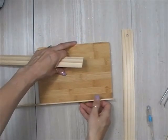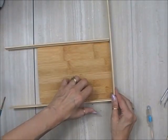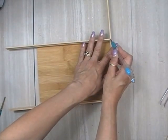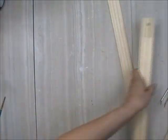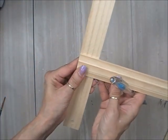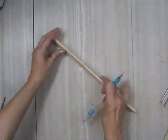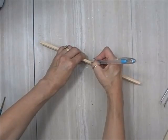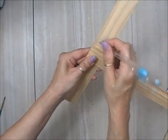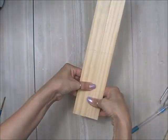And I'm just making sure here that I've got the right length that I want. The rulers where we pulled the black strip off kind of have a raised middle, so when we make this tray, on the 2 long pieces, that raised middle is going to go to the outside, and on the 2 short pieces, that raised middle is going to go to the inside, just so it glues together better. And so I'm just marking all the pieces. I've decided what I wanted,